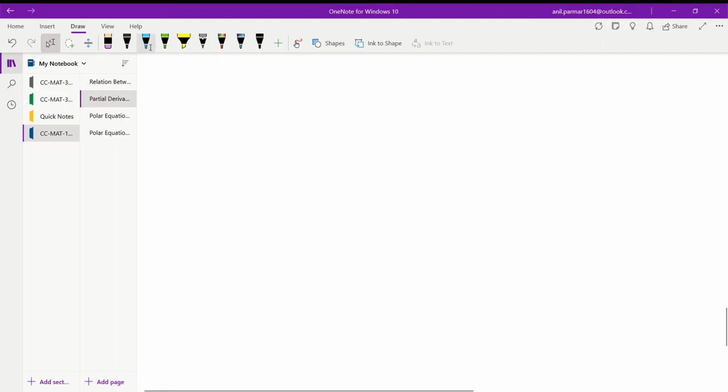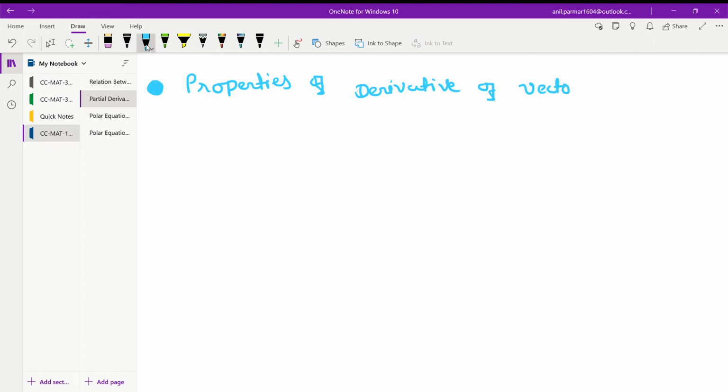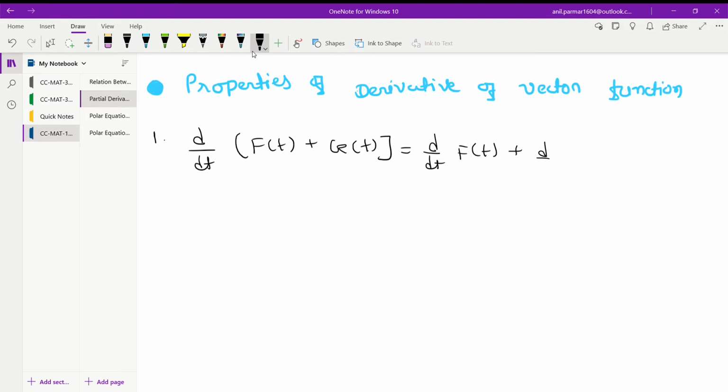તો properties of derivative of vector function. તો એમાં first property is that d by dt f of t plus g of t is equal to d by dt f of t plus d by dt g of t. એટલે કે આને f dash t plus g dash t લખાય પણ એ નેક્સ્ટ ટાઈમ થી આપણે લખશું d by dt